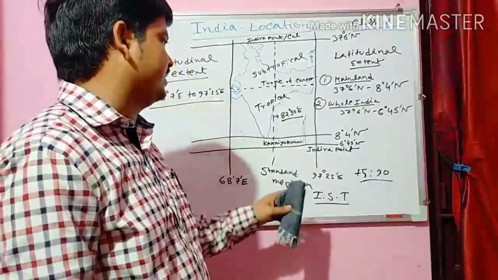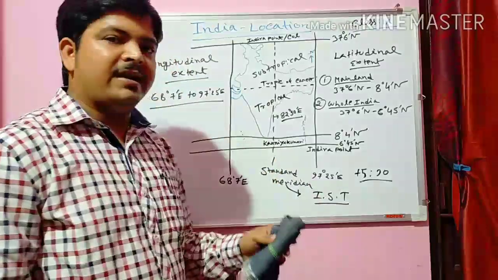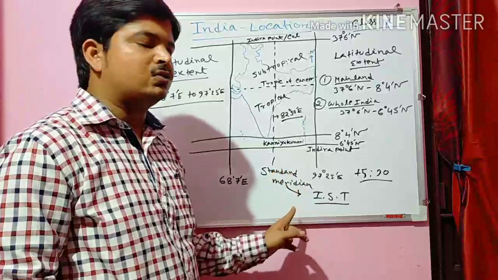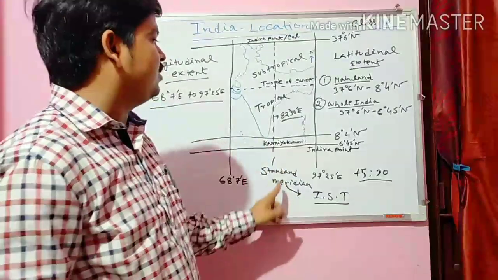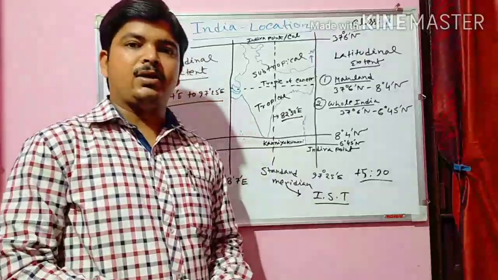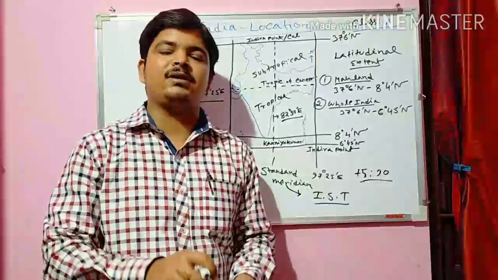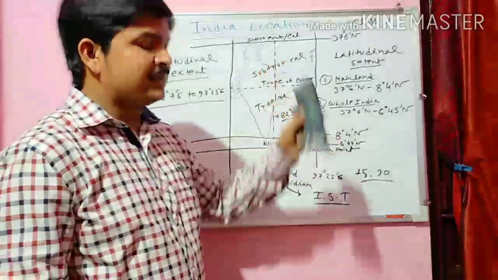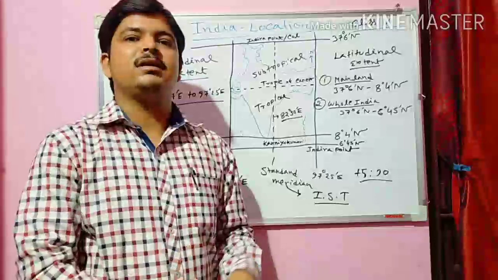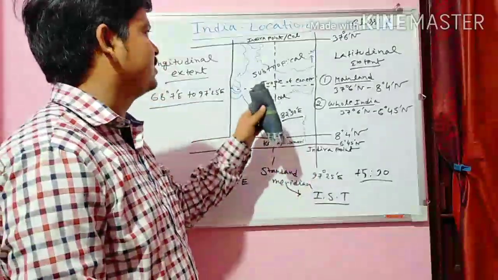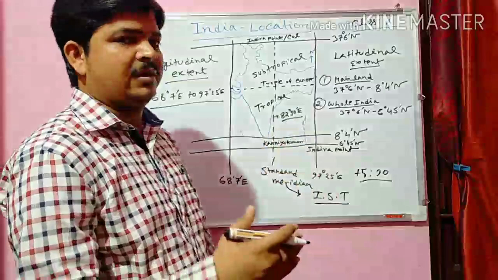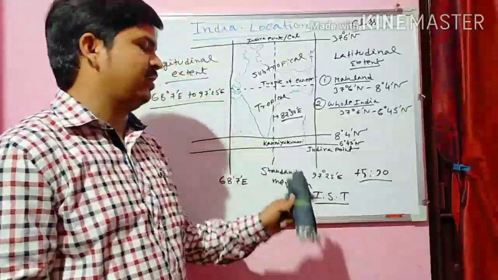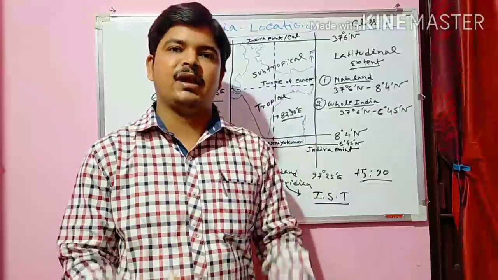Why is this type of variation there? In Kanyakumari there is less variation in the duration of day and night because it is close to the equator. As you know, at the equator there is no season change, meaning 12-hour day, 12-hour night. But Kashmir is far away from the equator. That's why sometimes the day's hours are more than the night's hours. So Kashmir experiences unequal hours of day and night, but Kanyakumari does not feel like that.